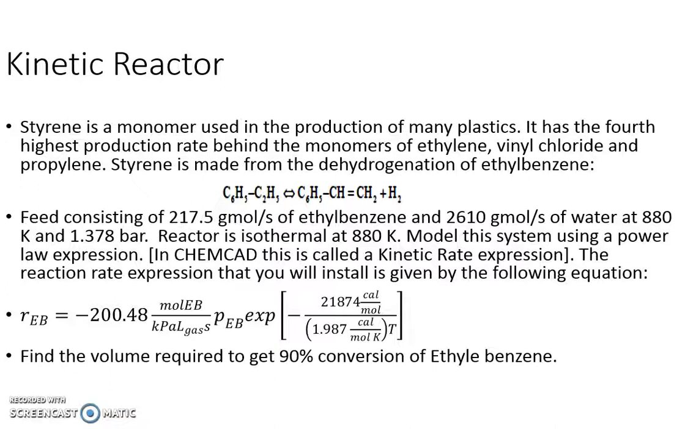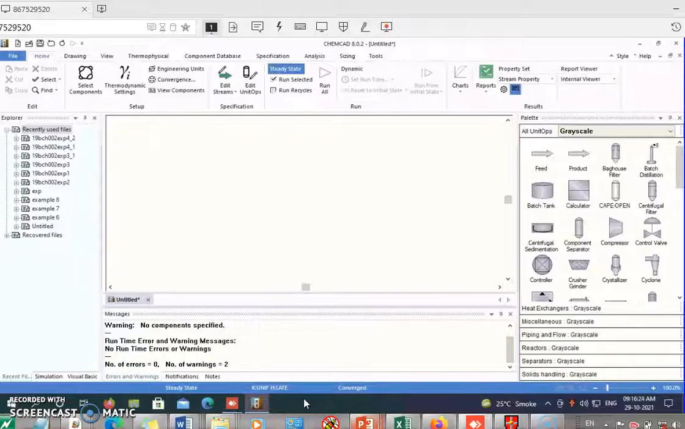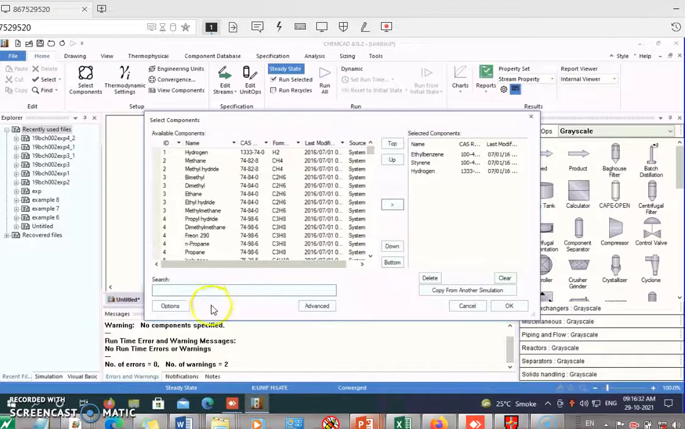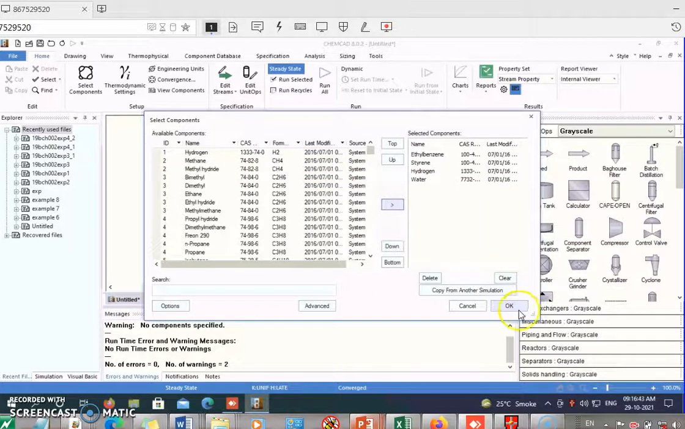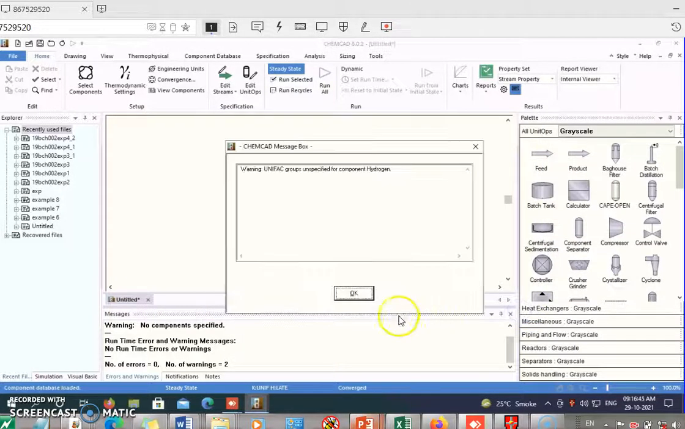So let's try to do this in CHEMCAD. I've already added the required components. However, I think I forgot to add water, so let me add water into the system. Right, and we have taken the default